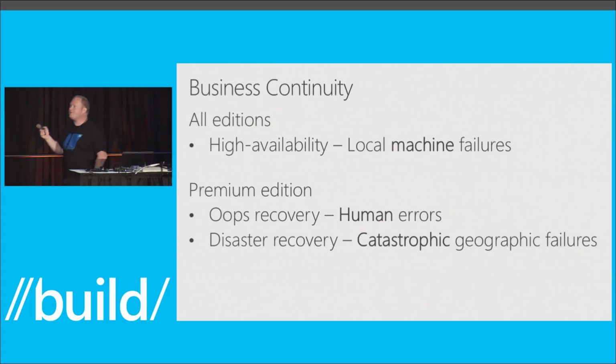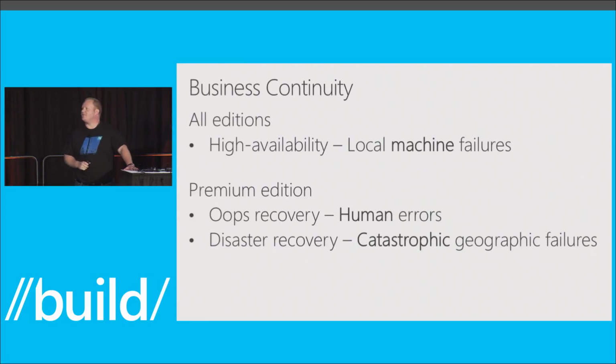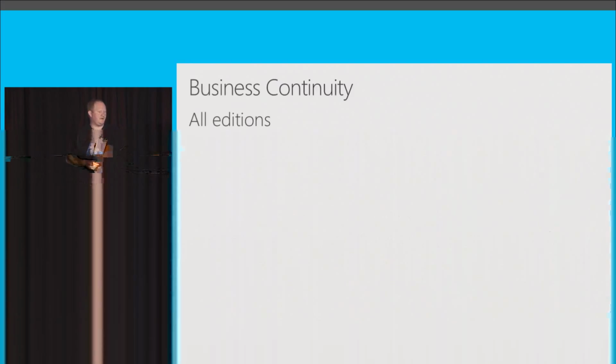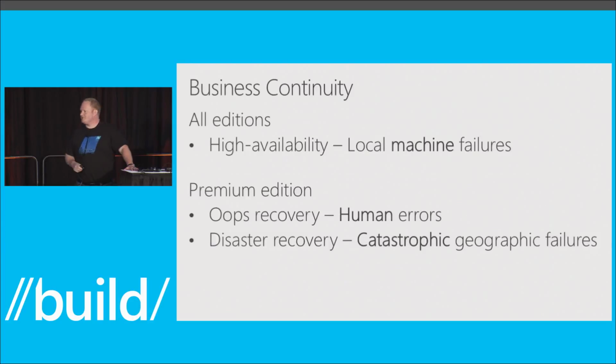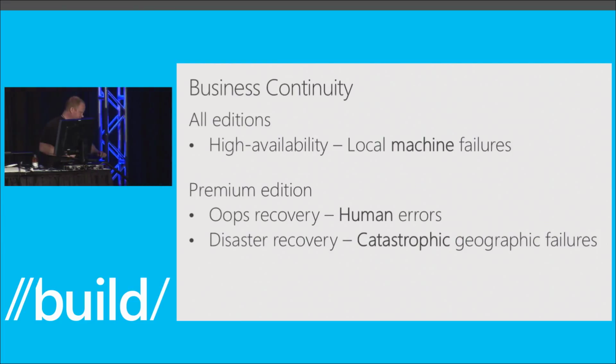Then, in Premium Edition, we announced that we now have support for both oops recovery and disaster recovery. Oops recovery is for human errors, right? So someone goes and drops a table or executes an update or a delete without the where clause, and you want to recover from that. And disaster recovery is for catastrophic regional failure. So this meteorite that lots of people worry about hits our data center. The geo-disaster recovery option can basically let you have a replica or a set of replicas of your database in